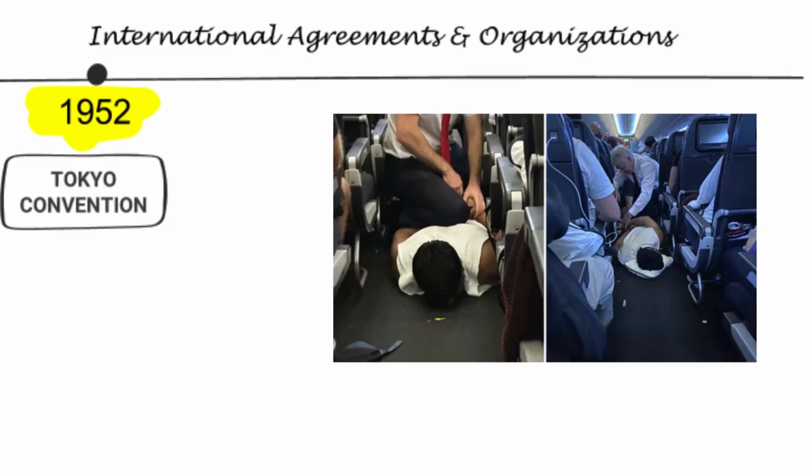Aircraft commander is authorized to impose measures to prevent offenses. He can disembark offenders and deliver them to competent authorities. This convention protects the aircraft commander, crew, and assisting passengers from legal proceedings for actions taken to maintain order and safety in flight against the disruptive passenger. The state of registration of the aircraft is competent to exercise jurisdiction over offenses and acts committed on board.